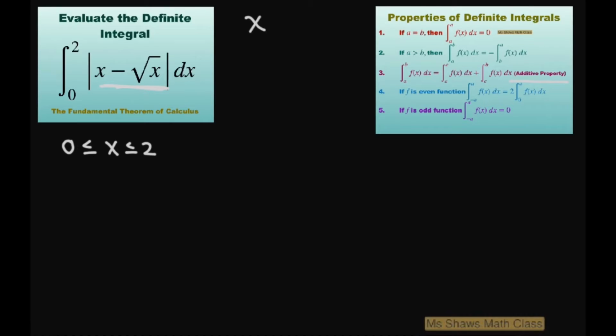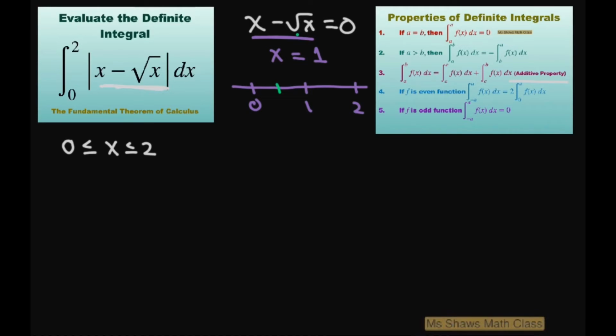So if you set x minus the square root of x equals 0, the only time this is going to happen, you can probably do this mentally, is when x is 1. So if you do a little sign diagram, we want to know what's going on between these intervals. If you substitute in, say, a 1/2 here,